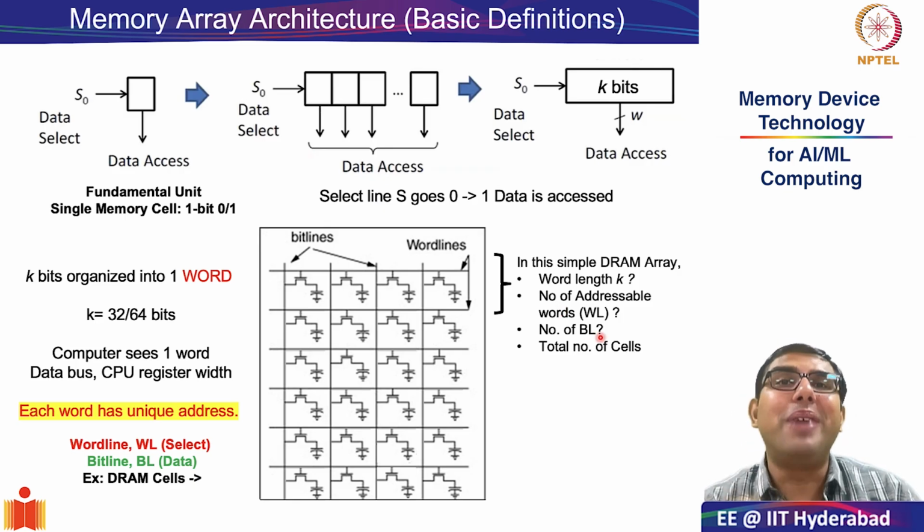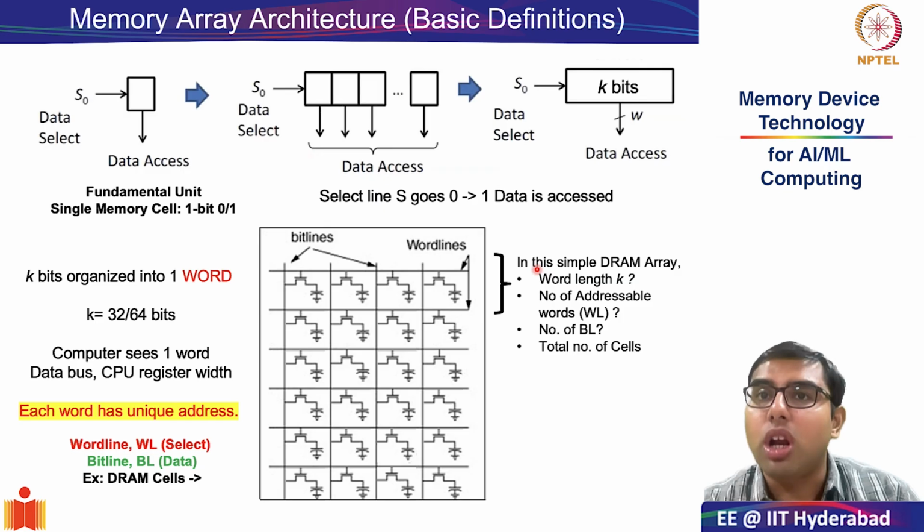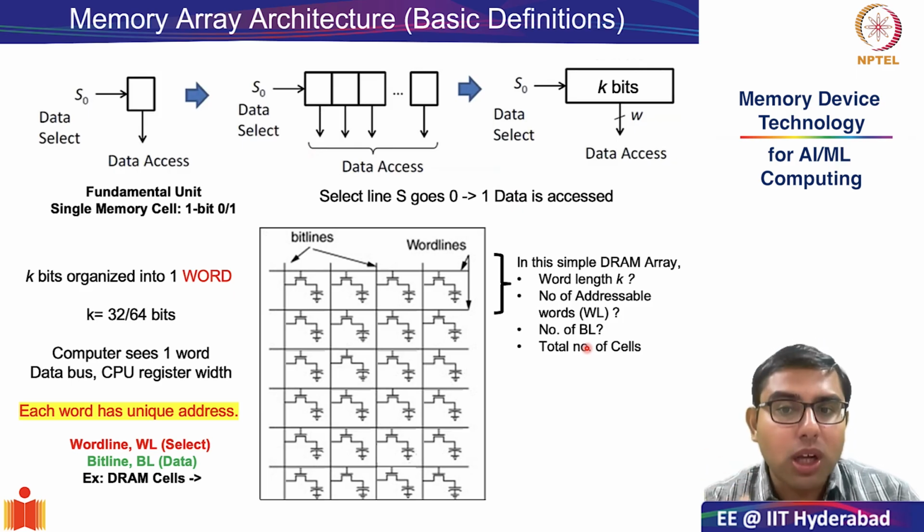What are the total number of bit lines? So try to think whether the bit lines will be equal to the word length or not for this very simple architecture. So it looks like it should be the same. And finally, we will ask the question, what are the total number of cells in this array? But of course, for a simple array, you can actually count the number of DRAM cells. But how do you, in principle, for a bigger array, find the total number of cells, or the total number of bits that can be stored in this memory array? So this is a time. Please take a short pause and try to answer these questions on your own.